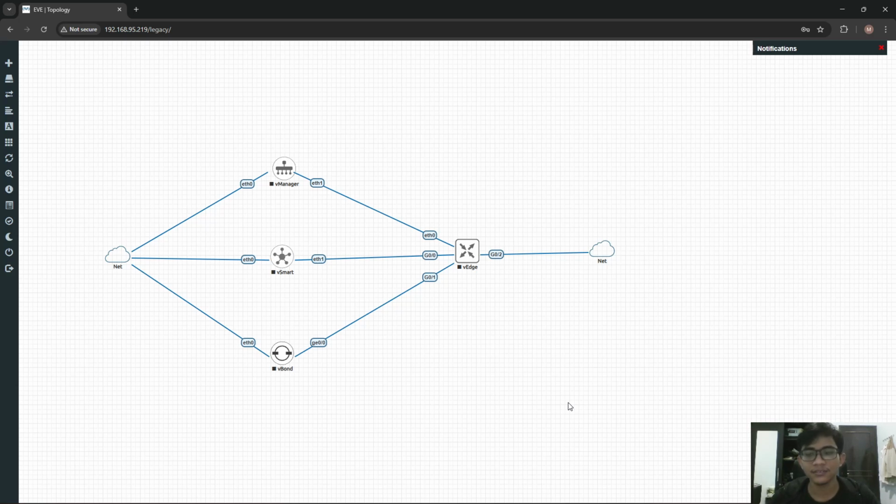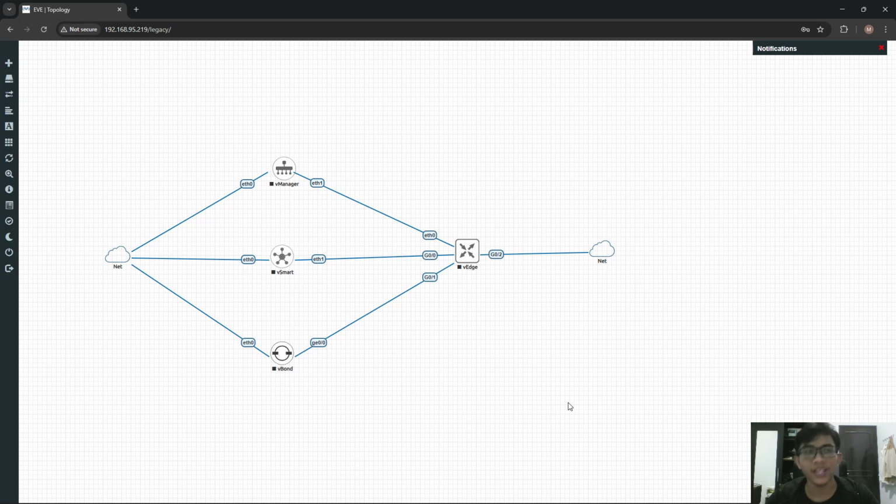And the second, application aware routing. With this function, traffic like video calls can be given priority in the network, so the network will be better for video calls than regular data.